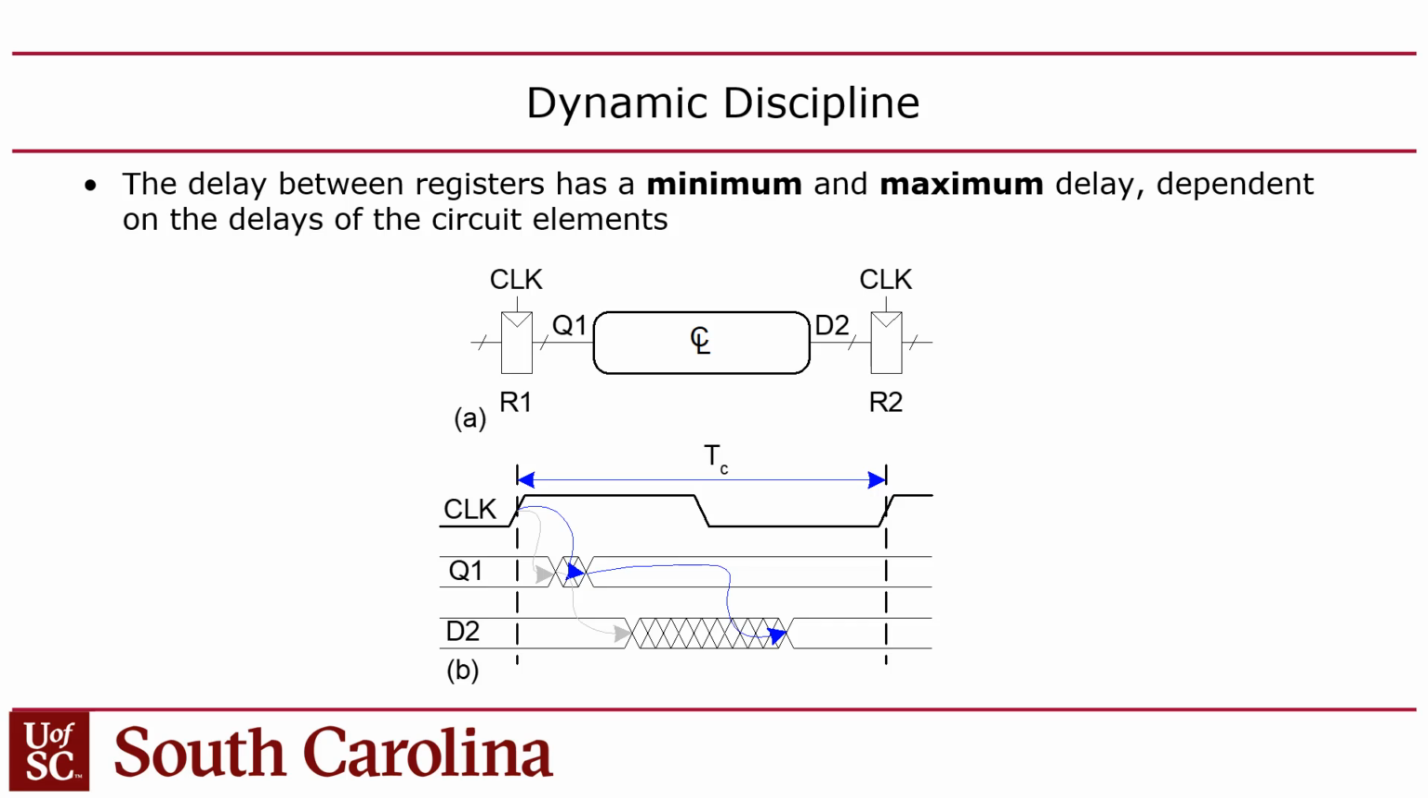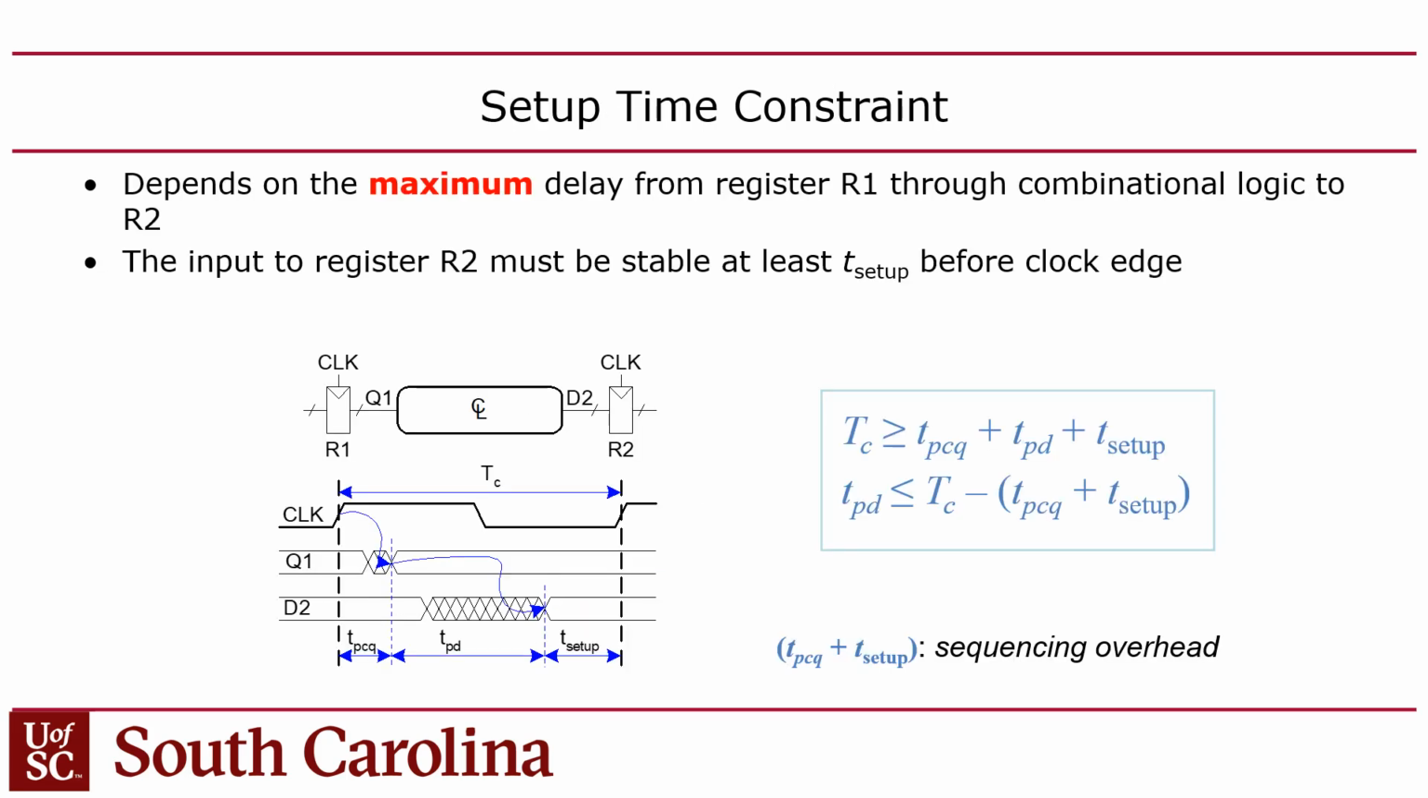So we have to make sure that this logic is constrained. Its contamination delay and its propagation delay have to be, the contamination delay has to be high enough not to violate the hold time. And the propagation delay has to be small enough to not violate the setup time. Okay? Okay, so the rule is